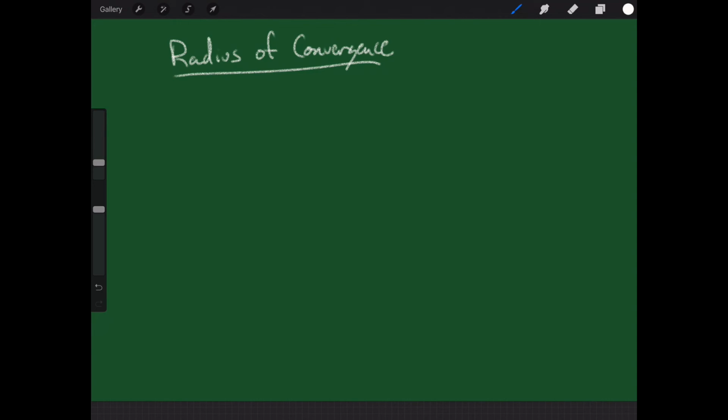When we talk about a radius of convergence, all we're really talking about is what's the interval over which this series converges or diverges. So let me write down a quick definition. So three things can really happen. So one,